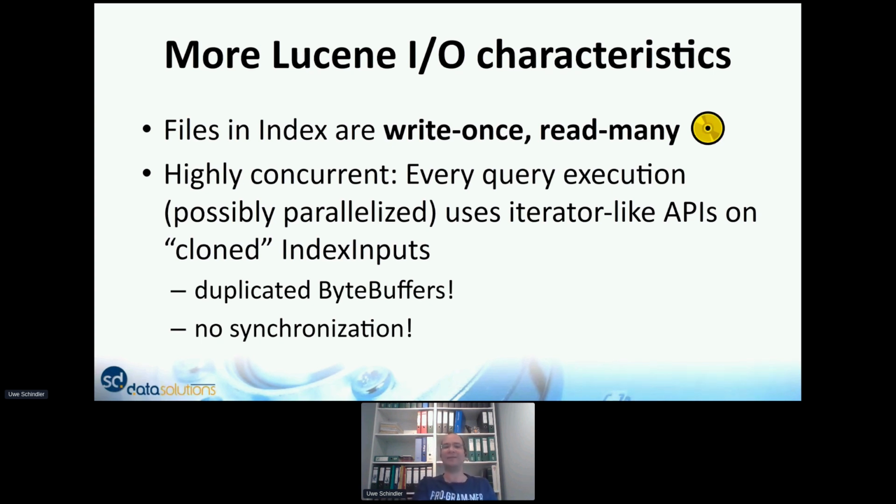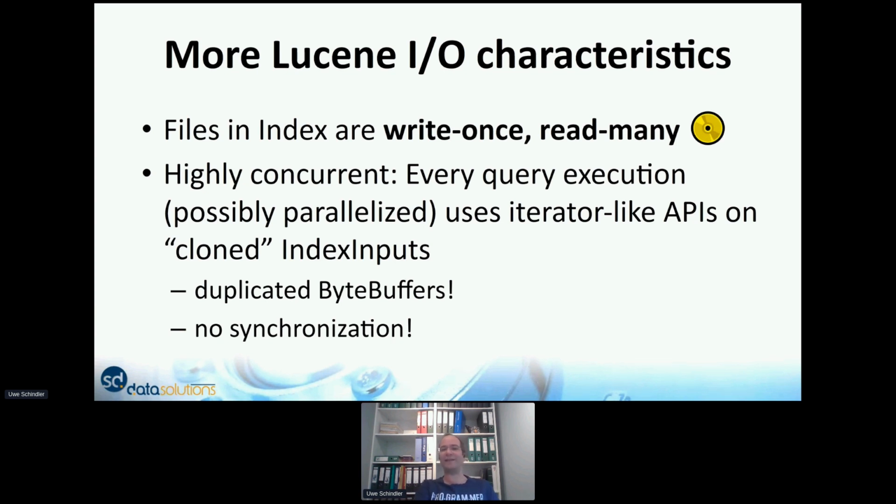Even with 1 gigabyte, it's very seldom that this happens. The same, by the way, also happens if you're reading a sequence of bytes, not only if you read an integer. We try to first read the whole buffer, and if it doesn't work, we split it up into several buffers. So there's something more in Lucene about the I/O characteristics, which makes it easy for us to use memory mapped I/O.